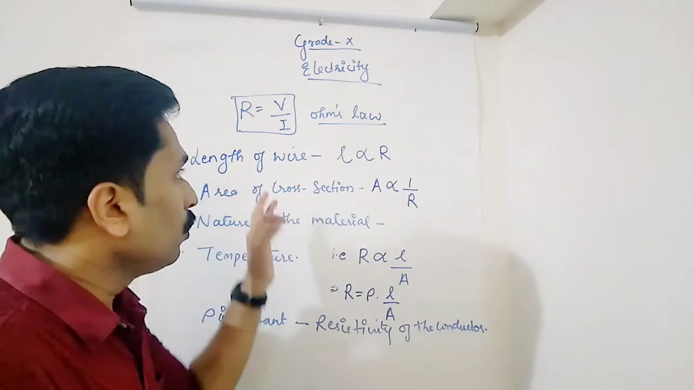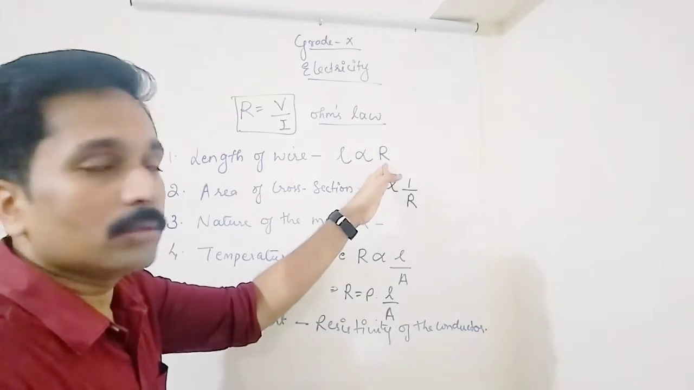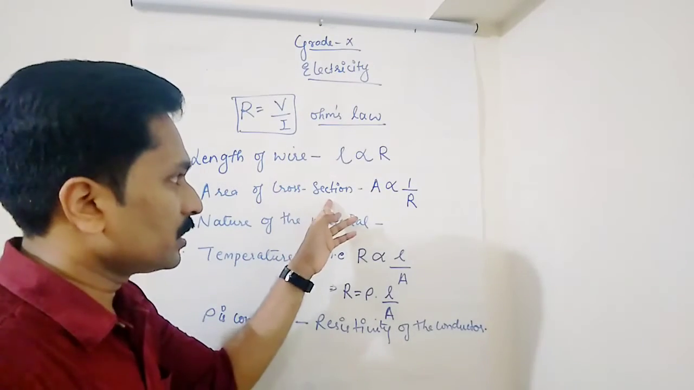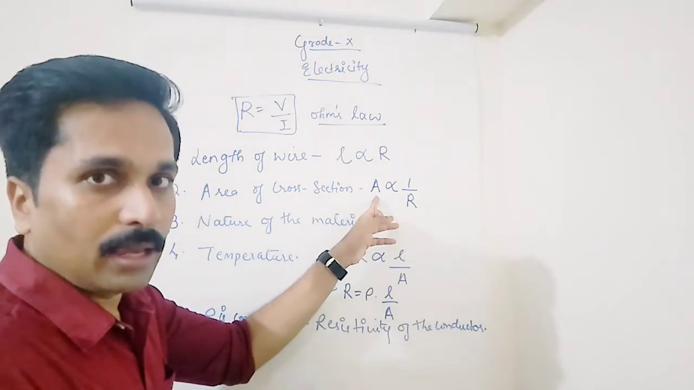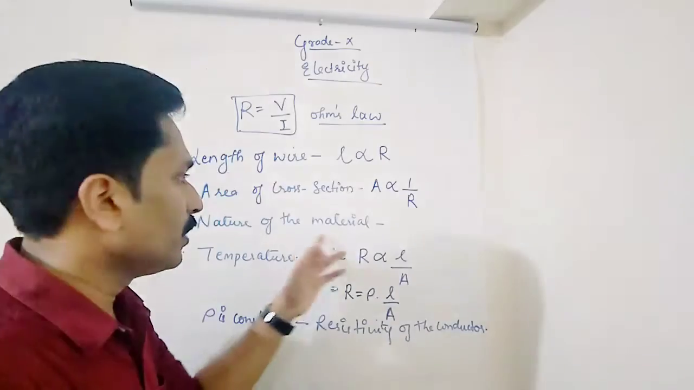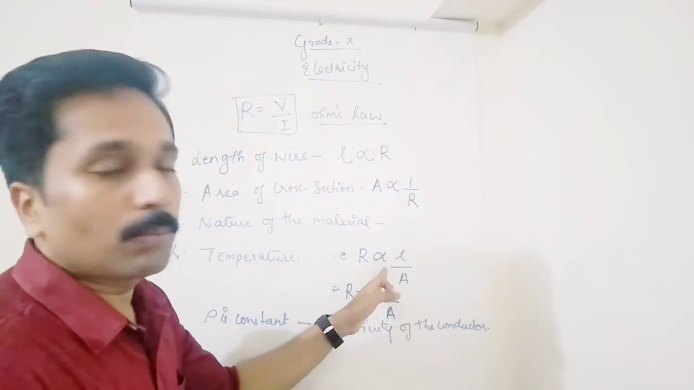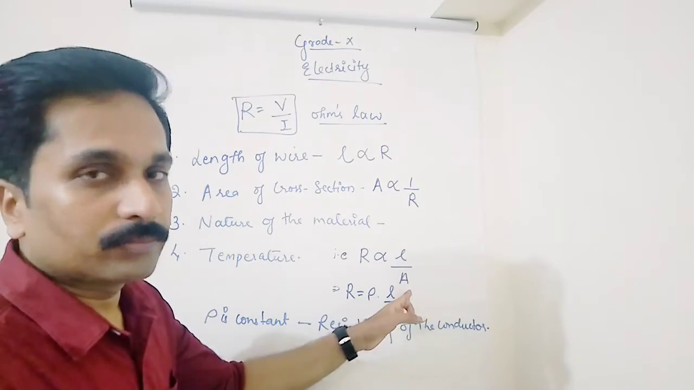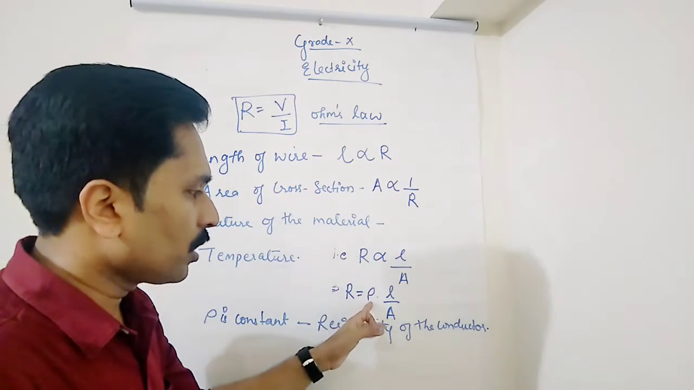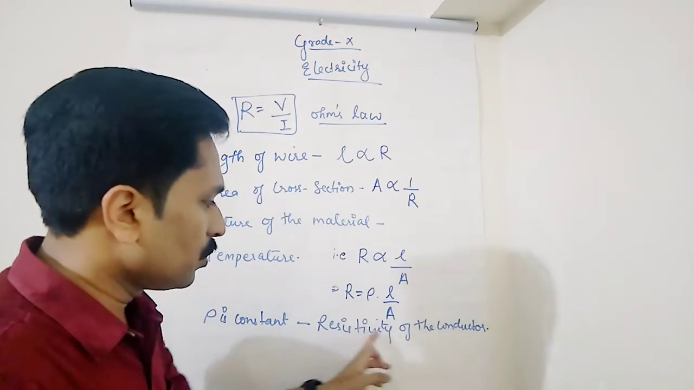Fine. Now we said length of the wire is denoted by small letter L and it is directly proportional to R, that is resistance of the conductor. Second one, area of cross section denoted by capital letter A, inversely proportional to resistance. Then we have nature of the material and temperature. Then we have put this into equation, R directly proportional to L by A, and we have changed the proportionality sign and we have brought a constant which is rho into L by A,